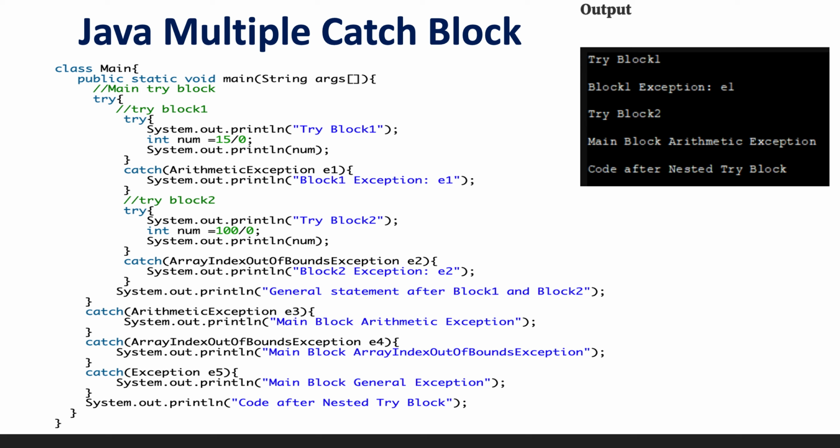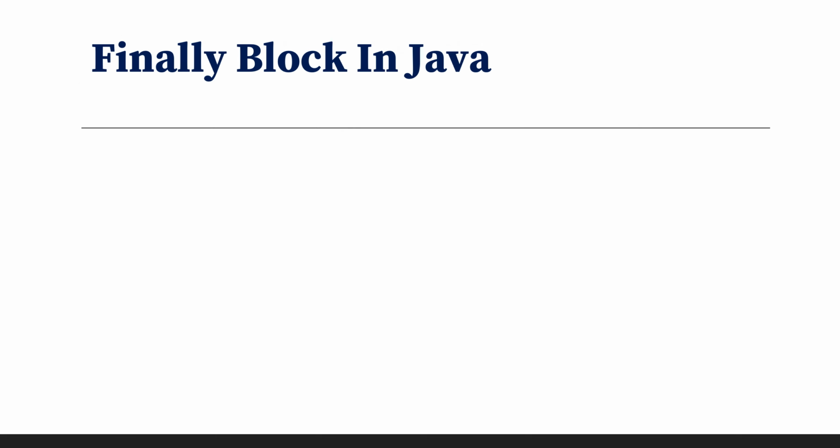Now the next statement was called the finally block, right? Now let's see what the finally block is. So what is the use of the finally block? Basically, the main use of the finally block is when some resource cleanup, such as closing a file, needs to be done even if an exception is thrown. We have already seen that if an exception occurred, it is going to skip all those statements which are written after the statement which is causing the exception.